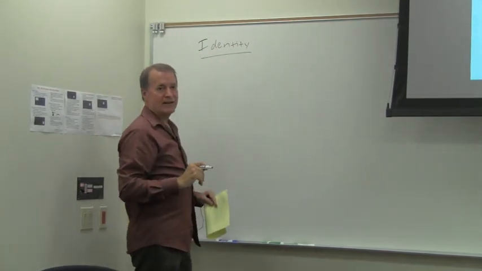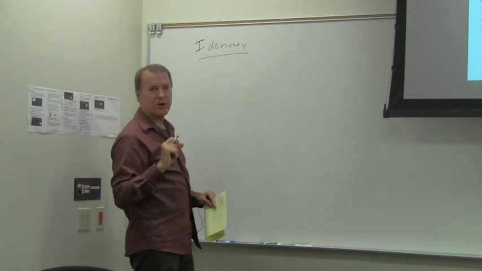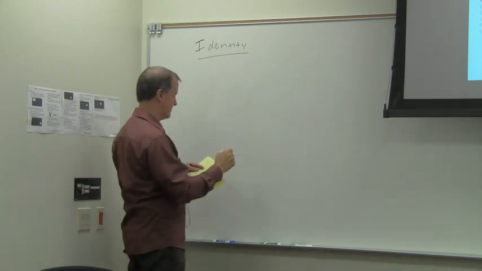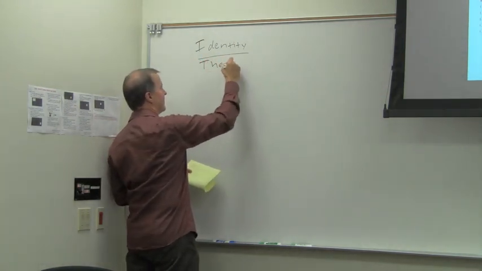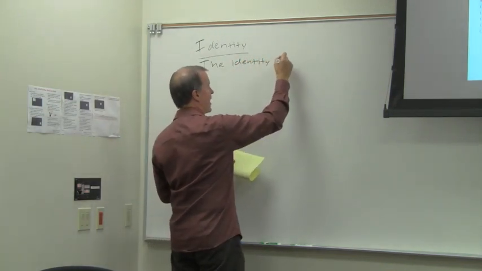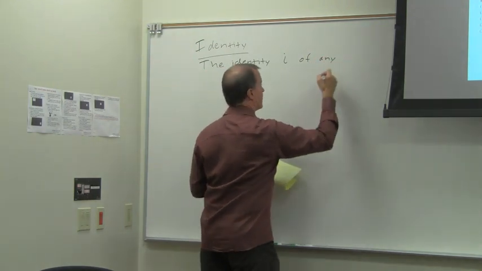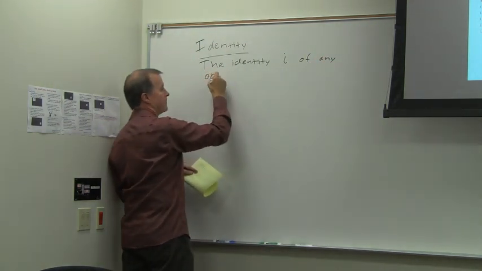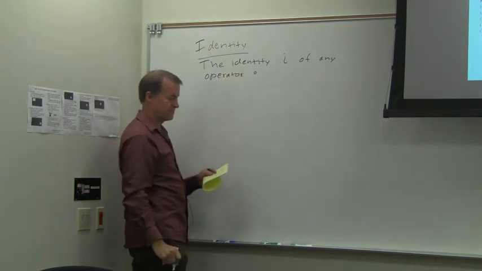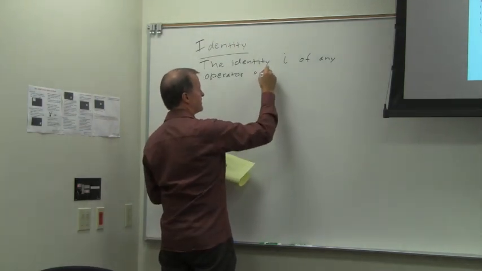Now, it's possible for a Boolean operator to have what is called its identity element. The identity I of any operator, we'll call it circle, is the element